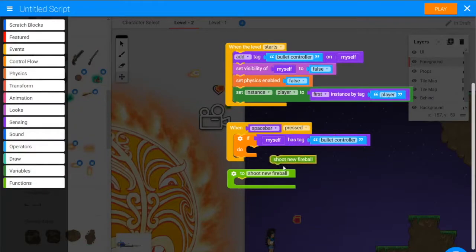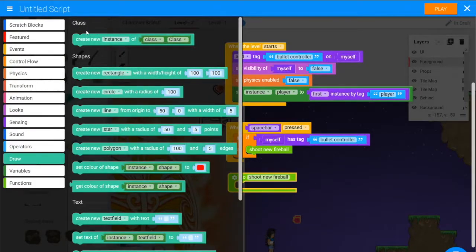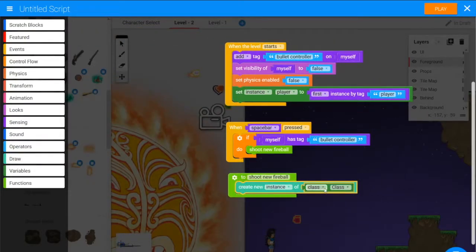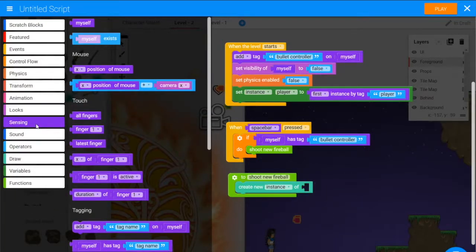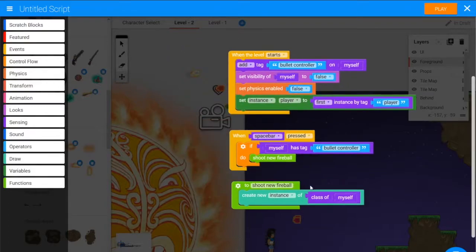And we'll call that function in this if block. And shoot new fireball will create a clone of this object. So from draw, we want up the top here, create new instance. Create new instance of class. Well, class is not defined, so we'll get rid of that and we'll just use class of myself. From sensing down near the bottom under class of myself. So to create a new clone of itself, a new instance of its own class, and then what we're going